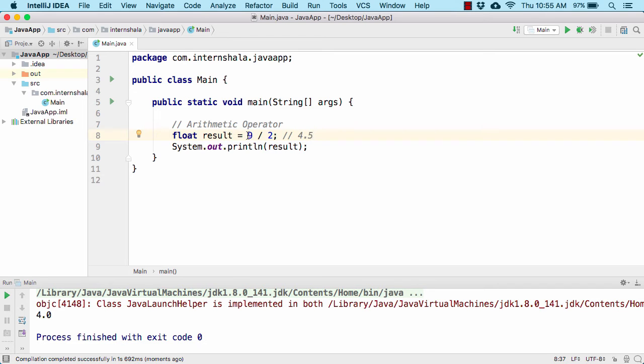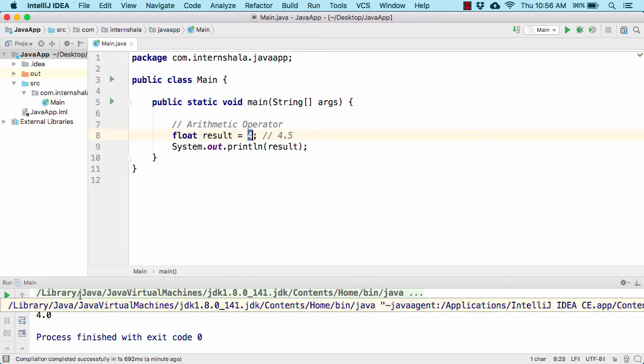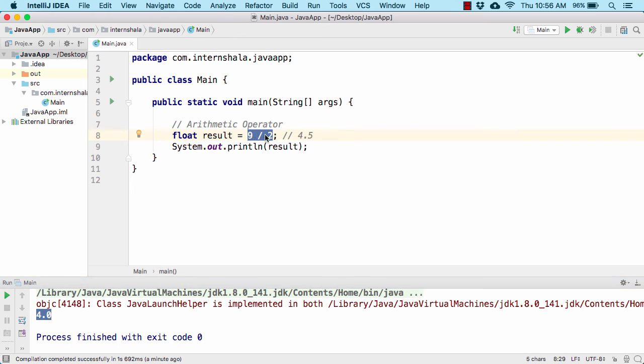What happens is that this 9 is basically an int value and this 2 is again an int value. So when two integer values are divided, it gives out the integer result. So here in place of 9 by 2, we get 4. Now due to the type conversion that we checked out in the previous topic, this 4 will now become 4.0, which is present here. So what is the solution for that?